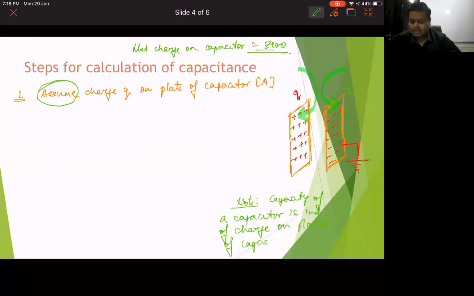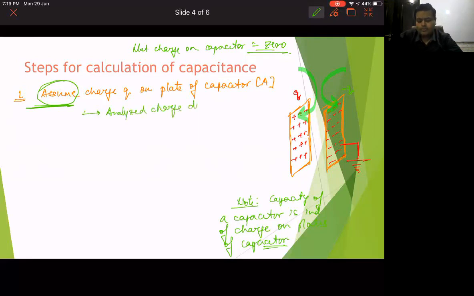So why do we study the charge then? The reason is because the charge gives rise to the potential. So the potential of the capacitor, through which we are going to identify later on what the capacitor's features are, is definitely going to depend upon the charge on it, but the capacity does not depend upon the charge on it. So we have to assume that charge. So we assume that particular charge on the plate, and then we check the induced charges. Once you are done with this, the charge distribution, what you have done, we have analyzed